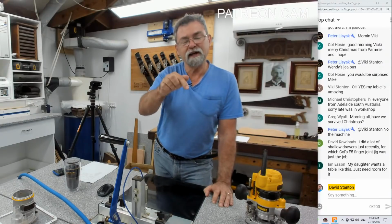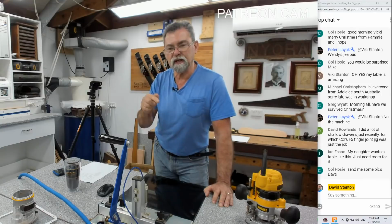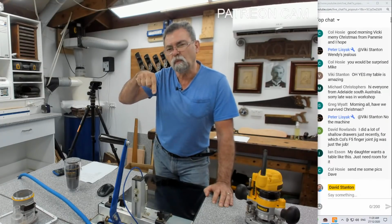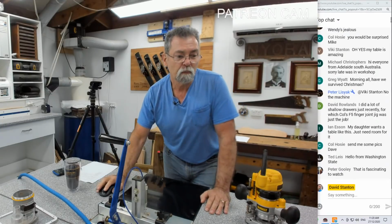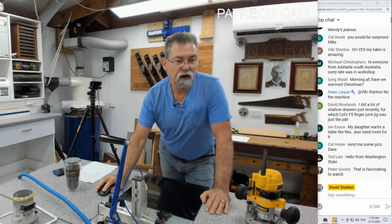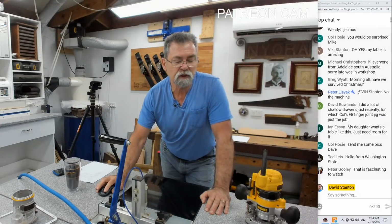If I've got that final pass done, because believe it or not, the cutter in the CNC has a very, very small amount of flex in it. But it does flex as it's cutting, as it's pushing against the timber. Now, we're going to have a look at the next picture, which is